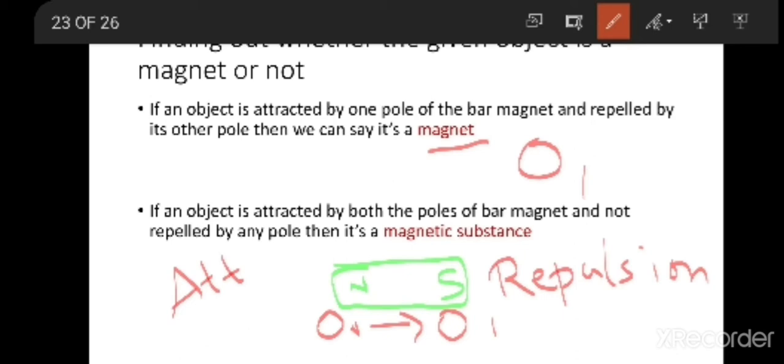So an object that is attracted by one pole and repelled by the other pole is a magnet. Attraction means coming near to the magnet, repulsion means moving away from the magnet.